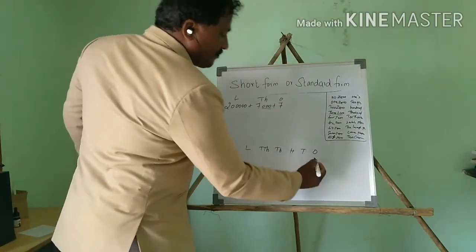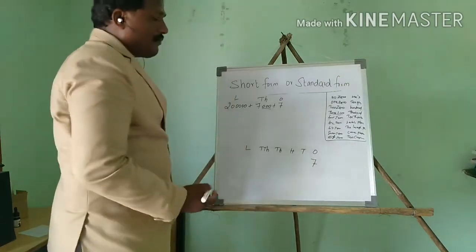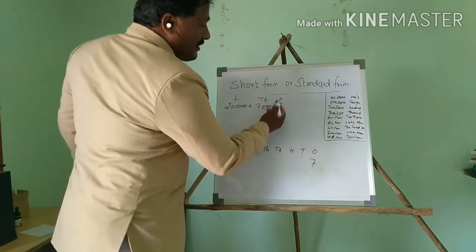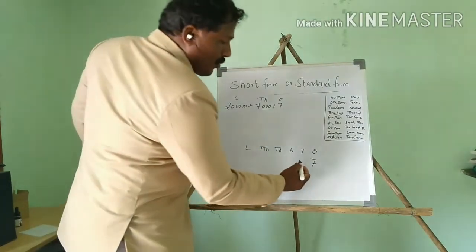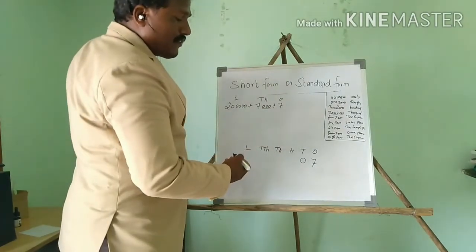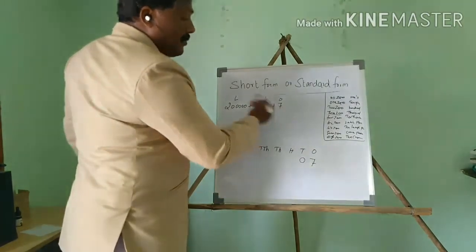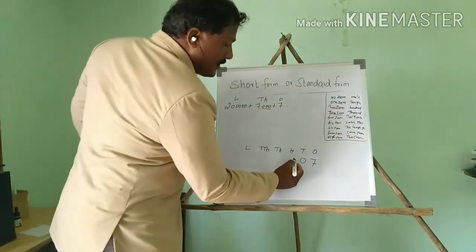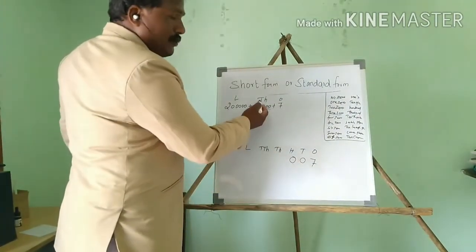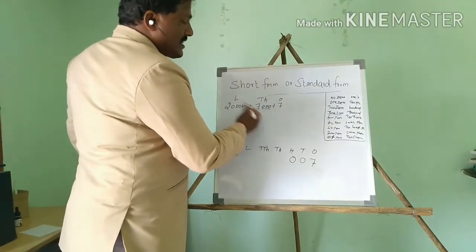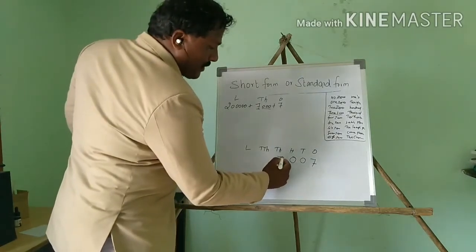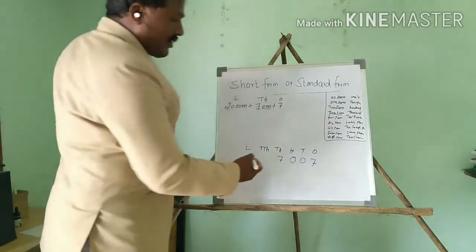So in the ones place 7 is there. So no problem. Then what's the next place value of the chart? Tens place. But here there is no tens place, so we have to put 0. Then another, what is the place value? 100. Here there is no 100 place value, so again you put one more 0. Then the other place value, 1000. Is the 1000 place value there? Yes, 7. So no need to write 0. You take only 7. So in the 1000 place you put 7. Then what is the next value? 10,000.